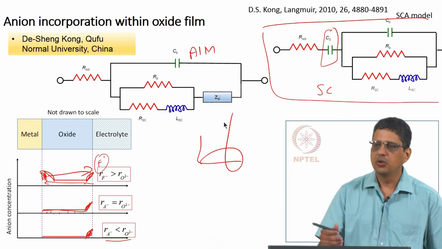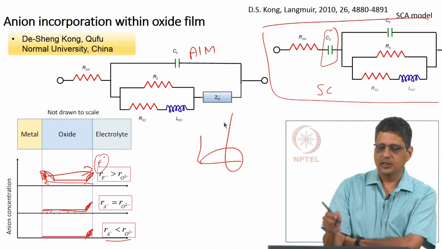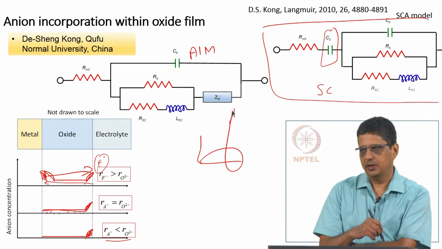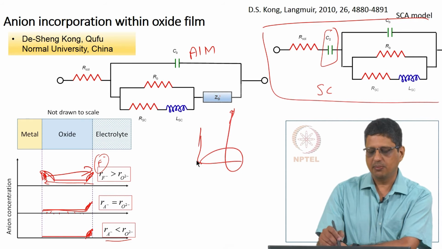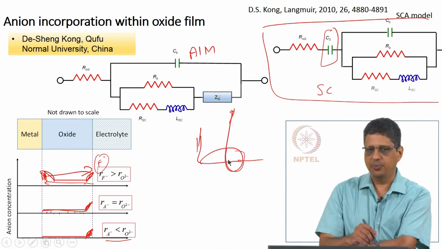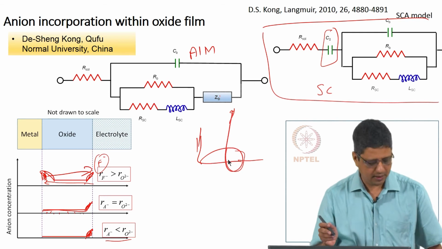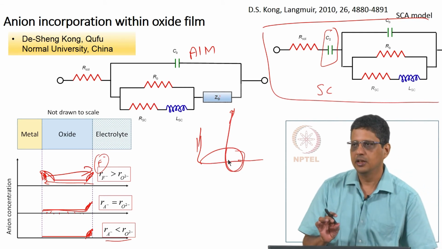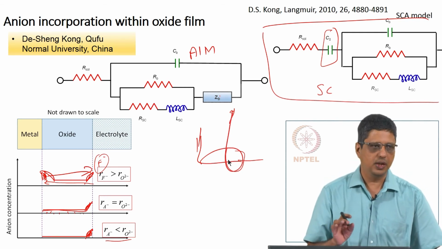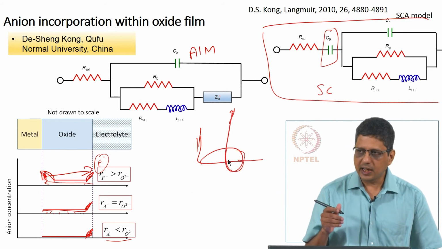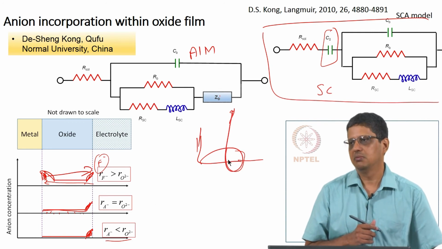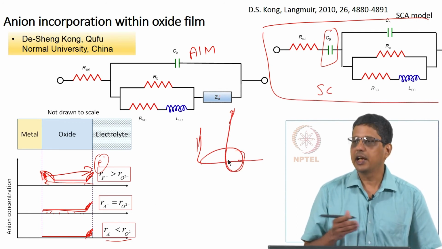Okay. So, basically at low frequencies, if you see a vertical line at low frequency and high potential, if you see a vertical line in this complex plane plot and you see a mid frequency inductive loop, the point defect model does not explain that. Of course, this is seen in a very few restricted cases, usually with valve metals, usually with acidic fluoride medium. So, this is only for high DC potentials, right? Yeah, high DC potentials. An inductive loop may come at low DC potentials,